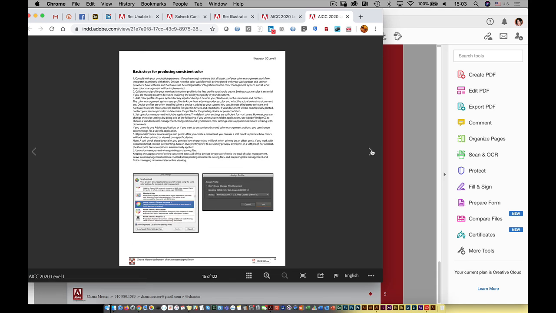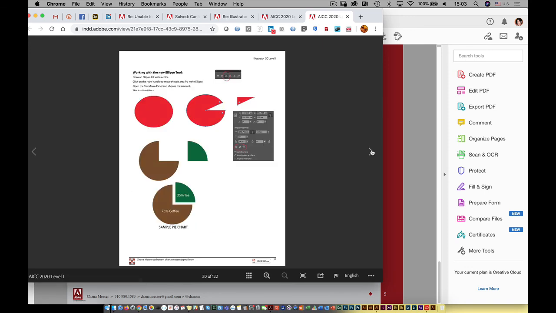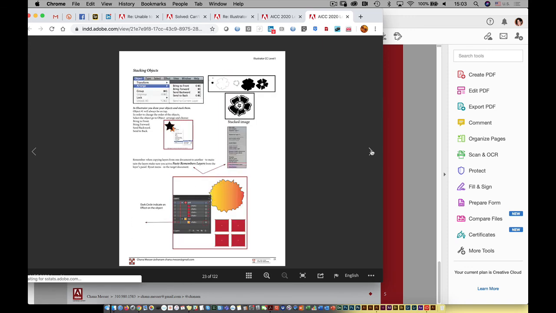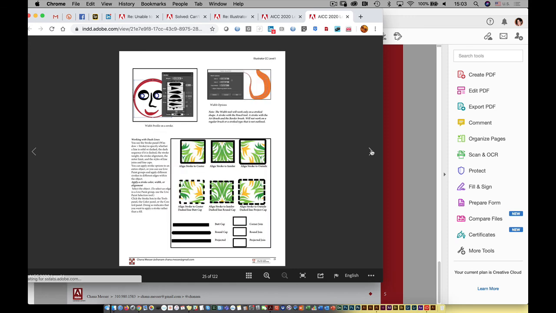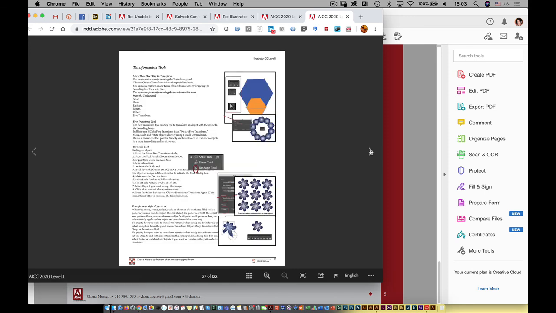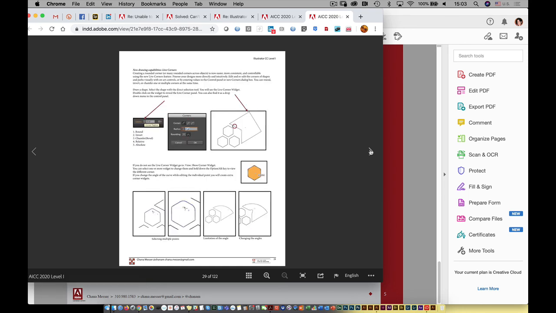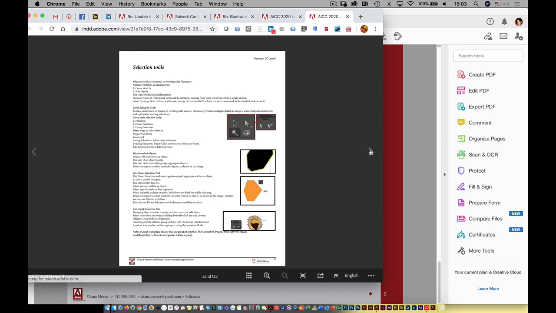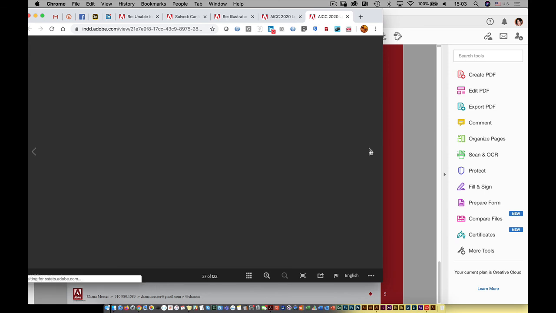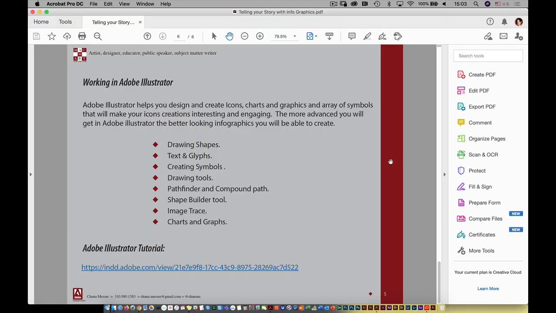The appearance panel, the artboard, the colors, working with the appearance, creating different kinds of shapes, even tracing, working with your stroke panel. All these are there for you to start working. So you take advantage of all the stuff that we have here, and I have a lot of symbols there, so you can see that you can go and read whatever you have. Does that make sense? I'm also going to go